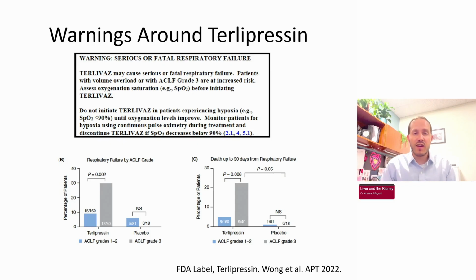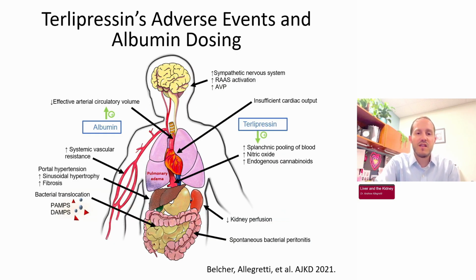And of course, if you're already on oxygen, that's another reason not to use terlipressin, and you should be monitoring continuous oxygen saturations in this population to begin with. I have found that if you're cognizant of this and you notice, it's generally pulmonary edema that forms, and the theory is you're giving albumin to these patients, which increases preload. You're giving terlipressin, which if it's acting in the V1A receptors in the gut circulation, that's also giving preload by pushing blood into the vena cava.